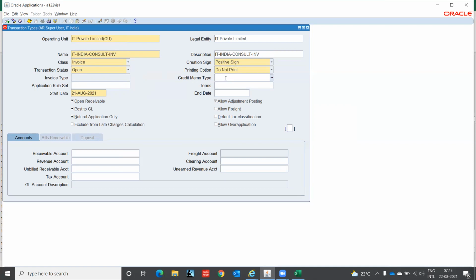Credit memo type, it is asking. So you can very well put IT India consult credit, you are attaching. So when an invoice is there and you want to raise a credit note for the same, it is